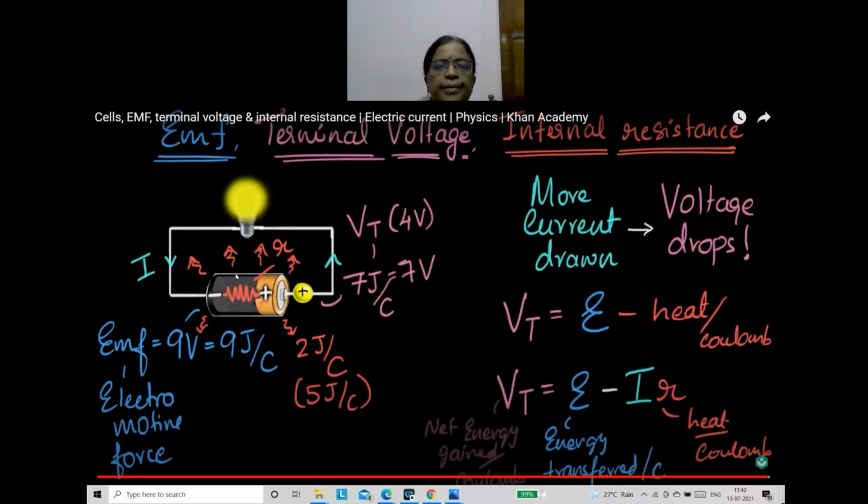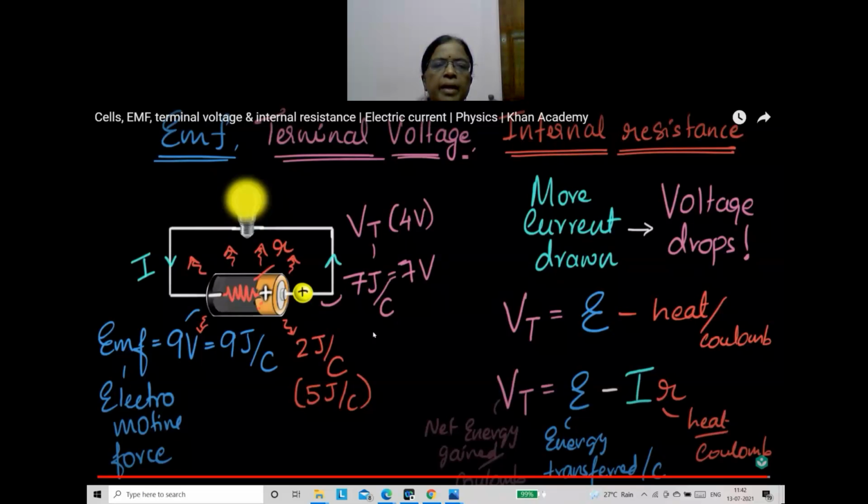Because of the drop in voltage here. How much voltage is dropped here? That is the question. Can you tell? Just tell the equation. I is the current, r is the internal resistance. What is the voltage drop? According to Ohm's law, what is the equation studied for the voltage? According to Ohm's law, what is the voltage? V equal to?